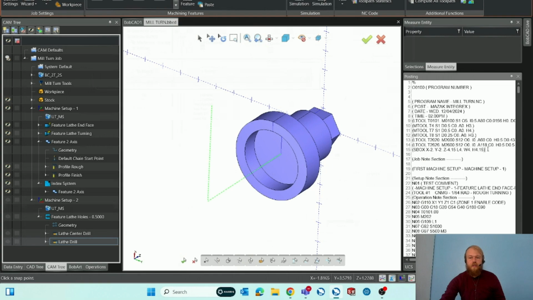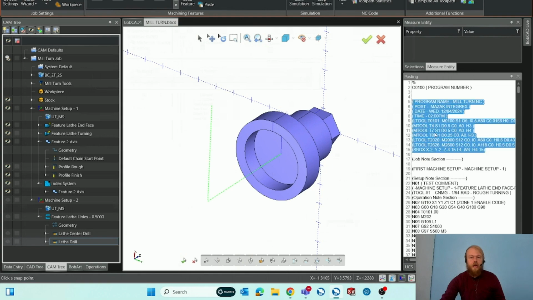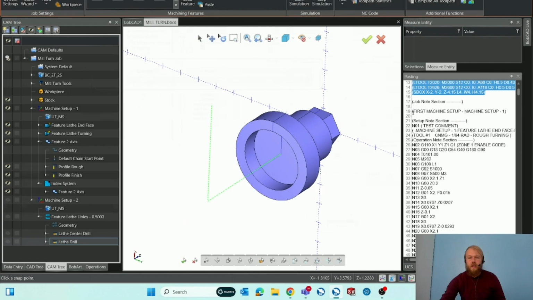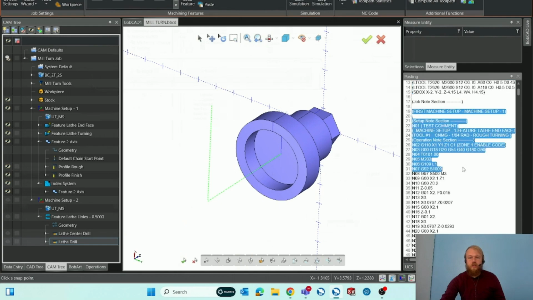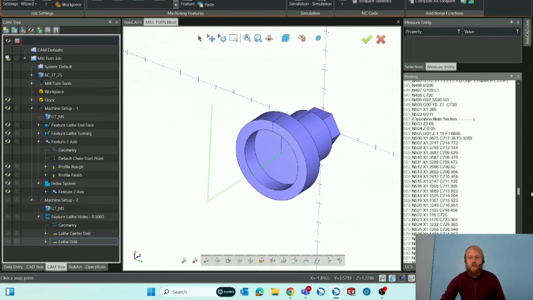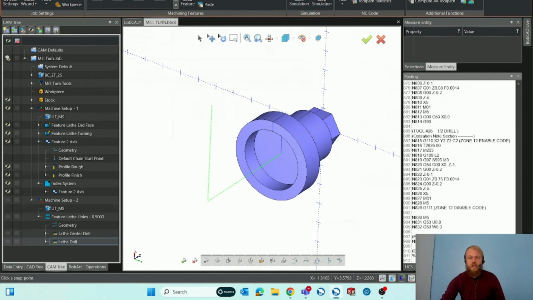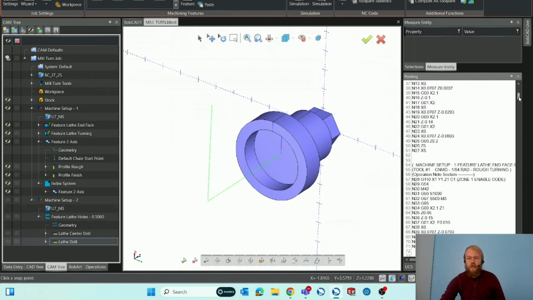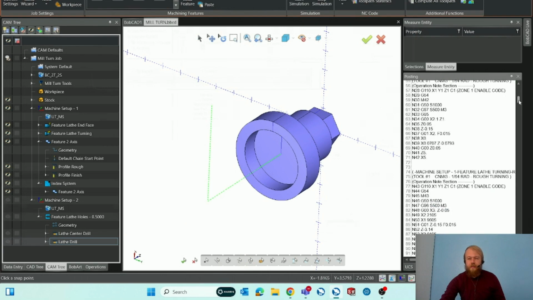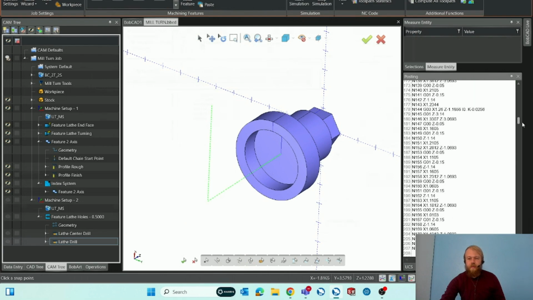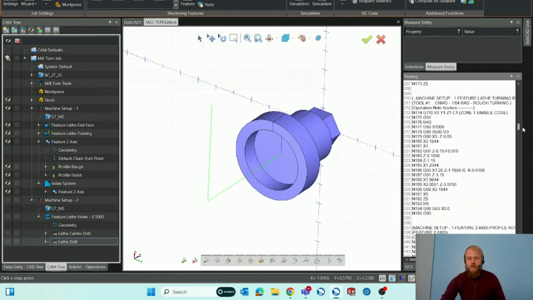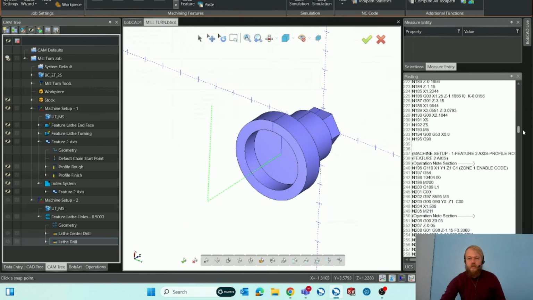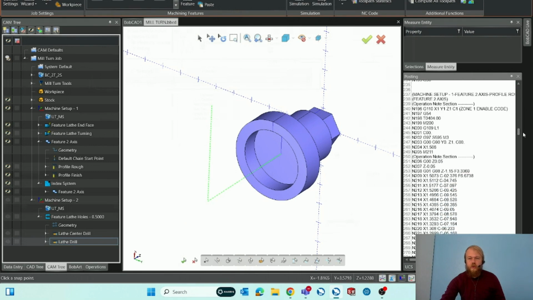I can see all of the tools in here for my BobCAD 2-turret, 2-spindle machine. Got the first machine set up and the first tool. Scrolling all the way down to the last page. To look at the G code a little bit as well, if we look at the profile for milling, we're in turning still. 2-axis profile. So in 2-axis profile,